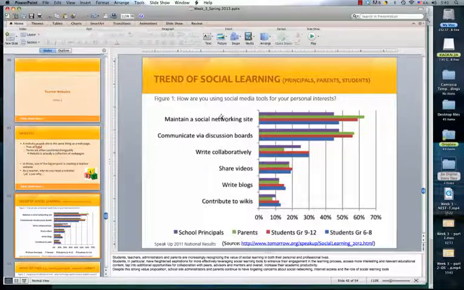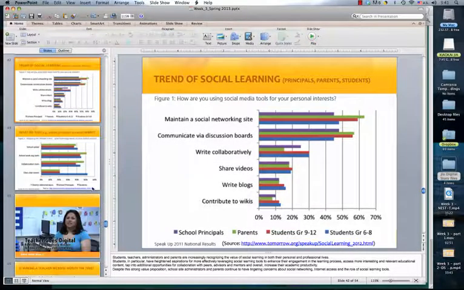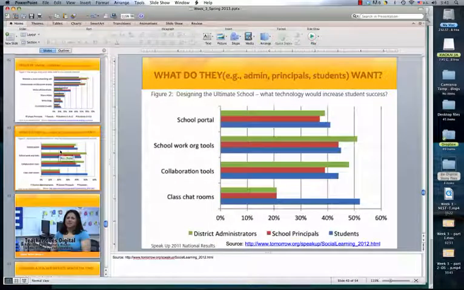All right, but anyway, teachers should notice that school principals, parents, and students are using social media. So this is one way for us to extend to use technology to reach students and their parents, to get parents to be involved and connected to other teachers and to school administrations.